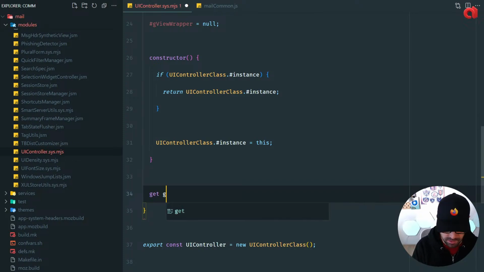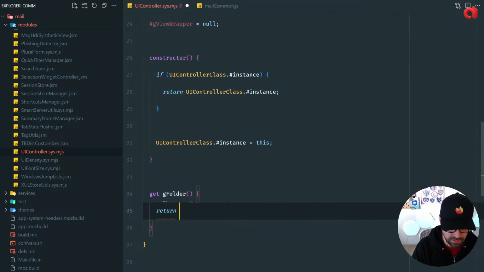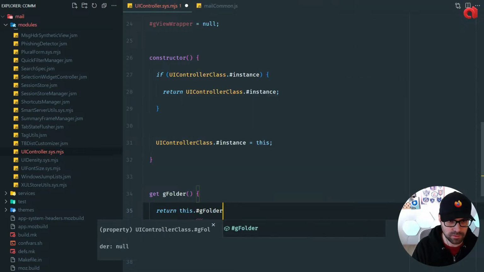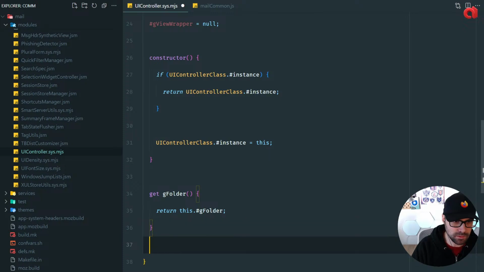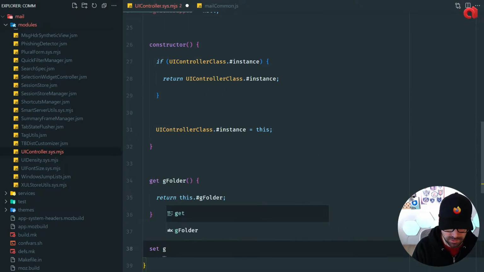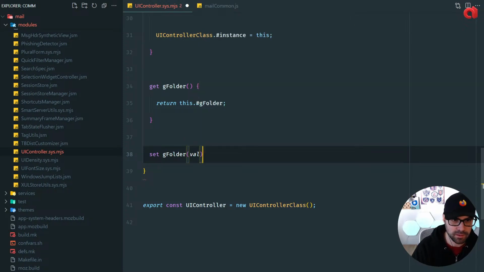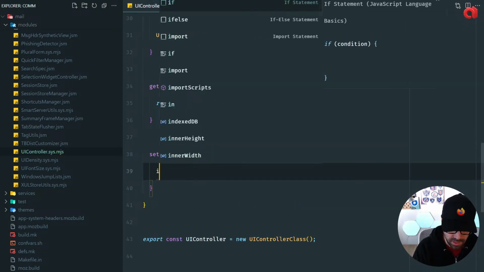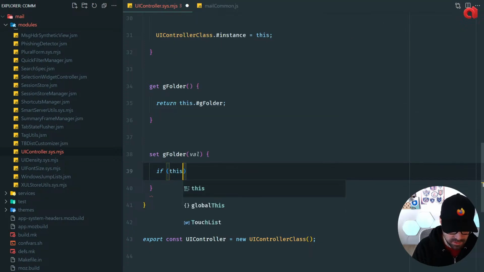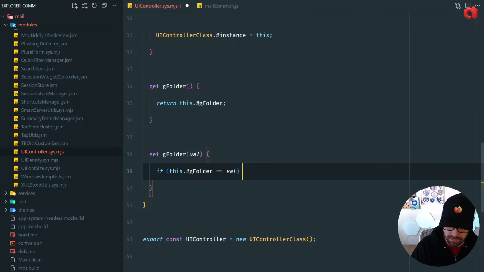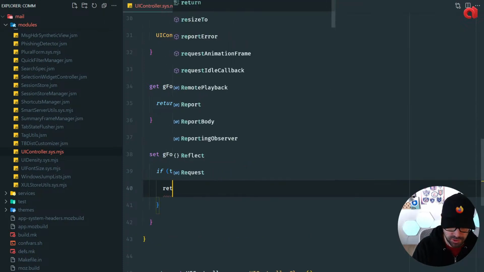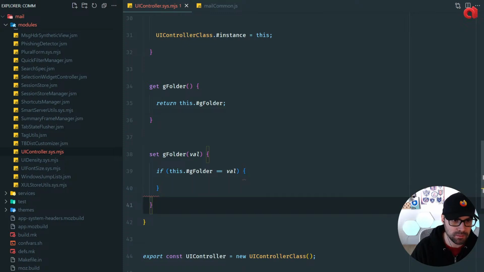So get the folder, return this folder, and then set the folder value: if the folder is identical to value, return. We don't want to update it because maybe